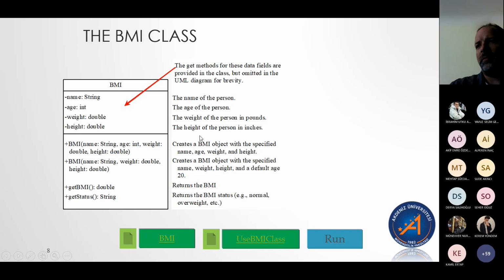Okay, so BMI is another example. If you know what BMI stands for, it's body mass index. It is a value related to health. It's based on your weight and your height. I can't remember if age is a factor or not. I'm not a doctor, so